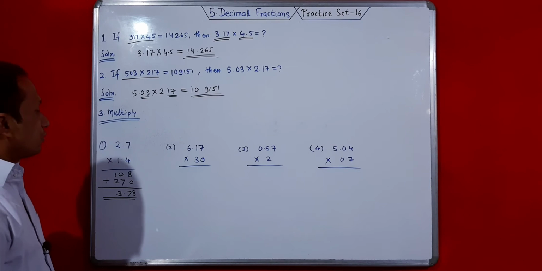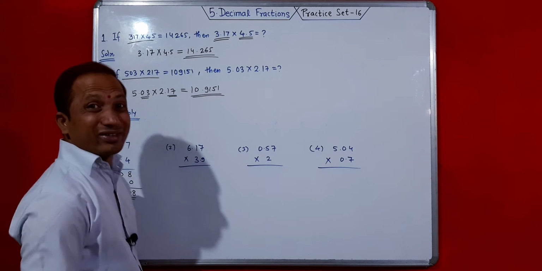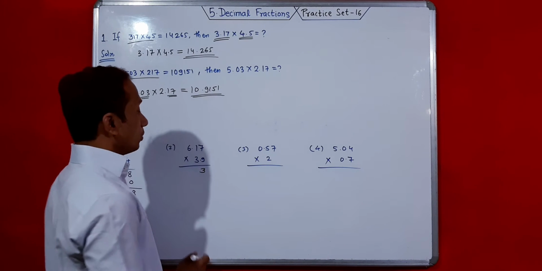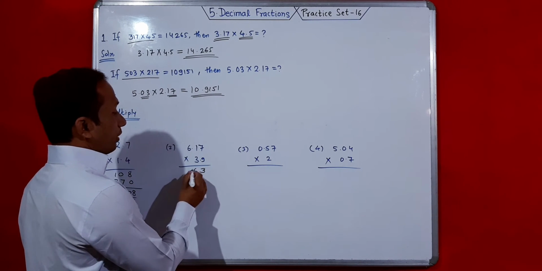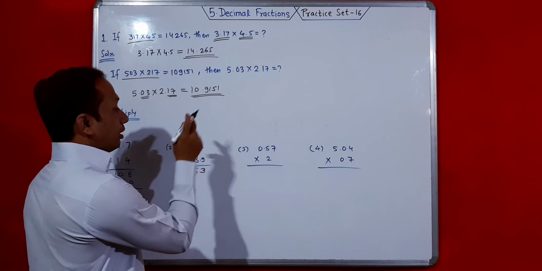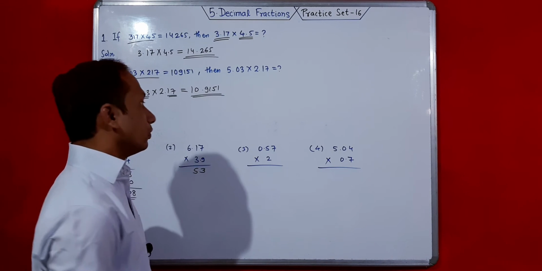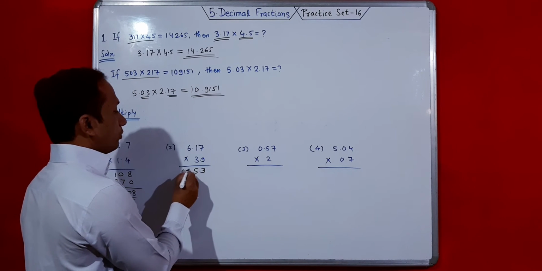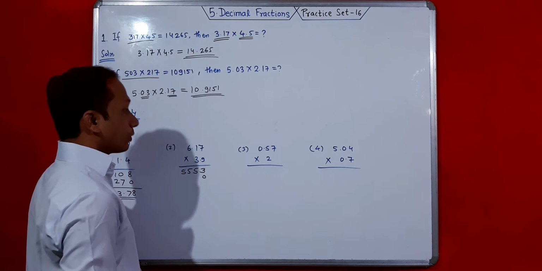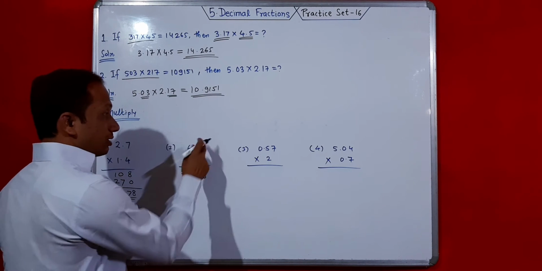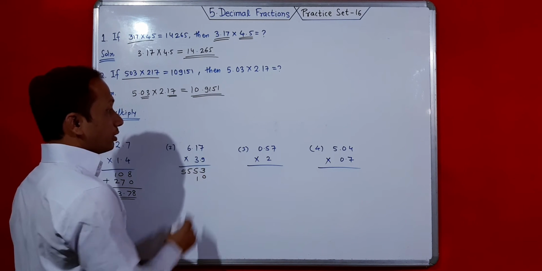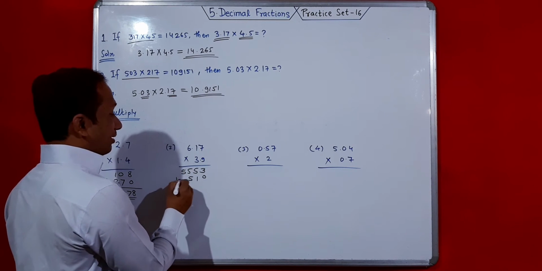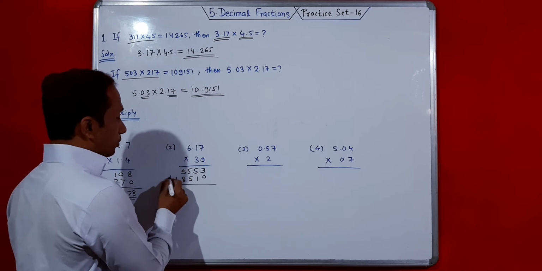Okay, so this is first. 9 7s are 63, 3, 6 remaining, 9 1s are 9 and 6. So it is 15, 5, 1 is remaining, 9 6s are 54. And 154 and 155. You just do this. Take the 0. 3 7s are 21, 1, 2 remaining, 3 1s are 3 and 2, 5, and 3 6s are 18. Now add these two.